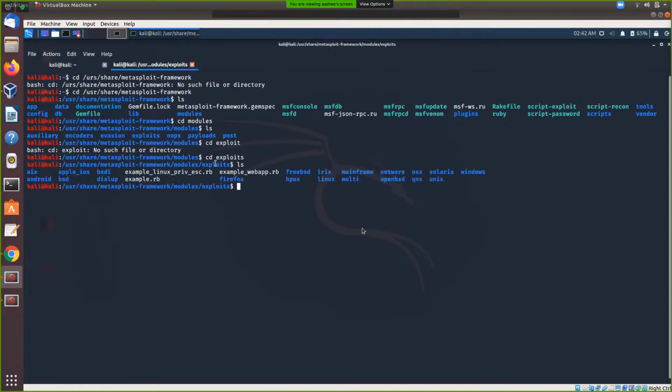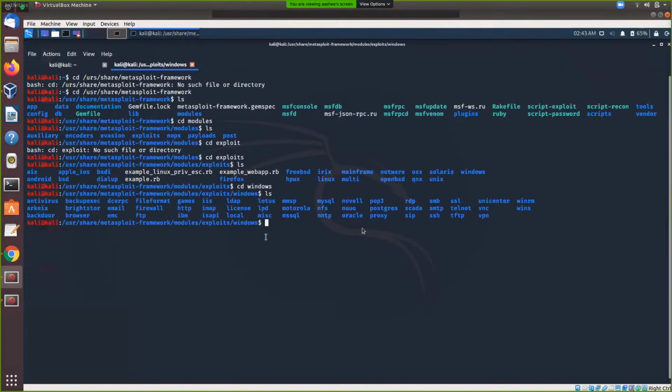So in exploit, now exploits are subdivided into OS, types of OS, like you have Android, you have Windows, you have iOS, etc. Now, if we go into one of these, these are all the types of forms.